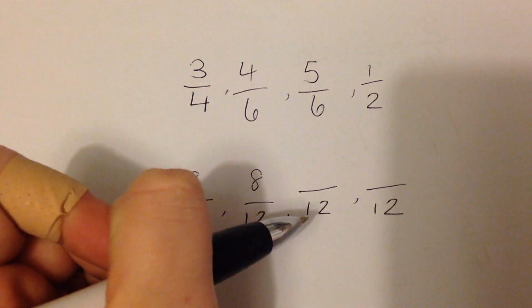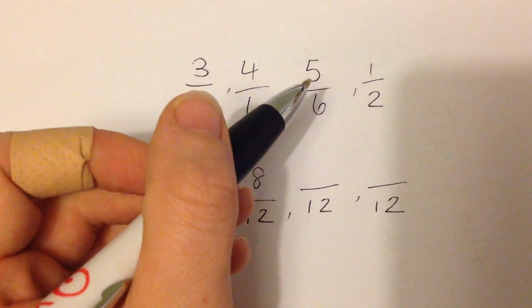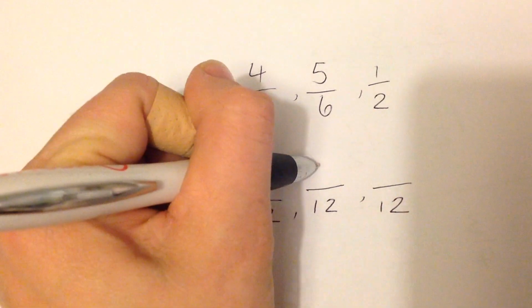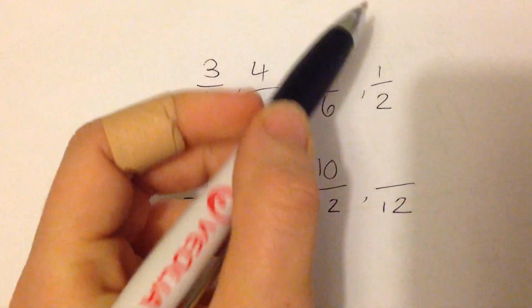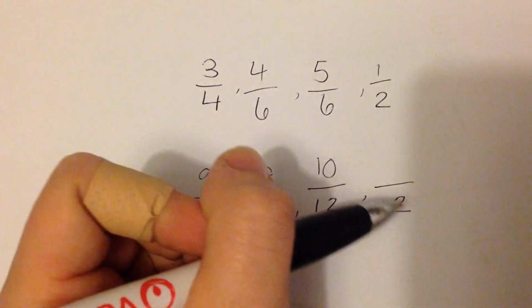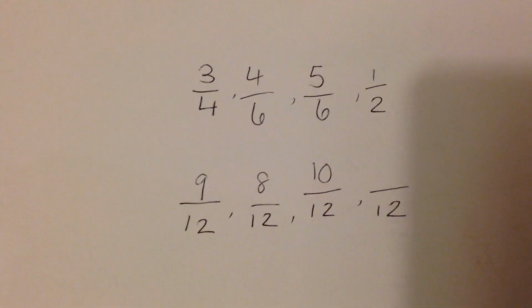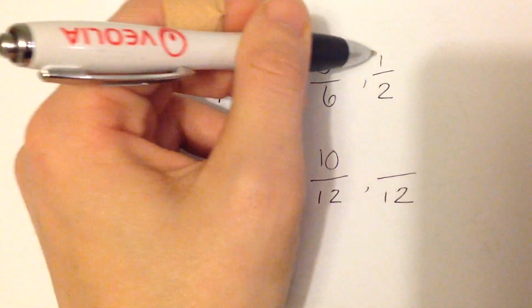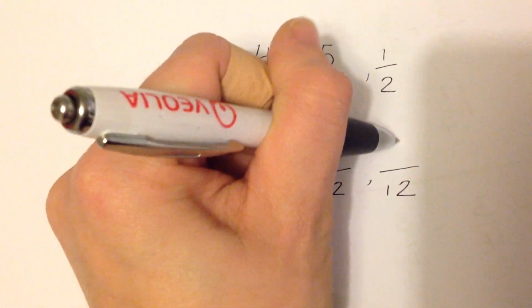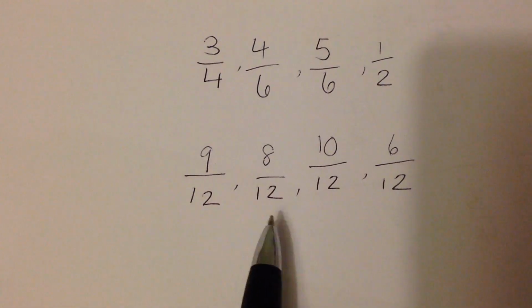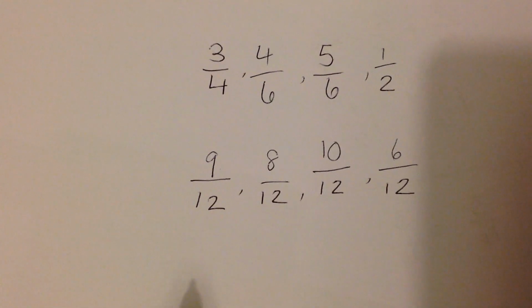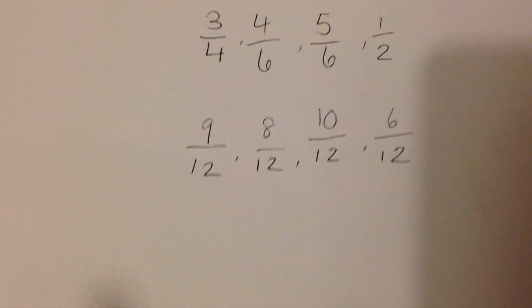Same again, I've multiplied that by 2 in order to get to 12, so I need to multiply this by 2. So that's 10. And 1/2 as 12ths, I've multiplied it by 6, so therefore I need to multiply my numerator 1 by 6. So now I have fractions all with the same denominator, and I can reorder those now